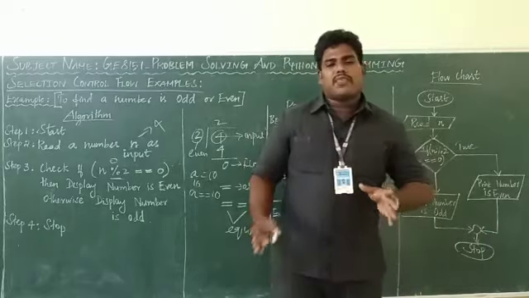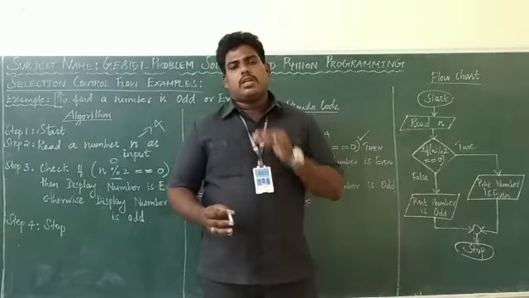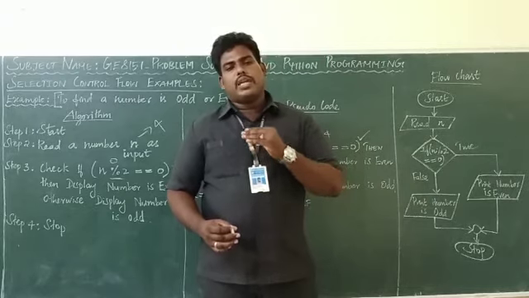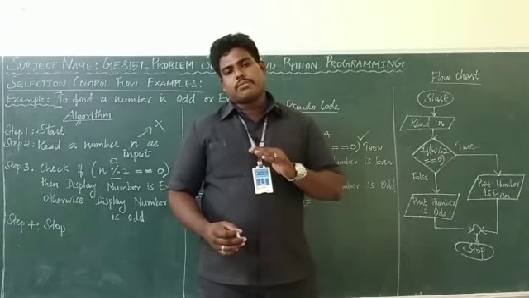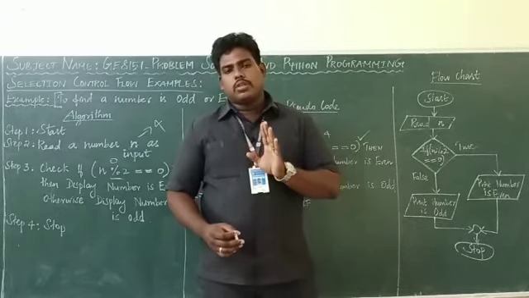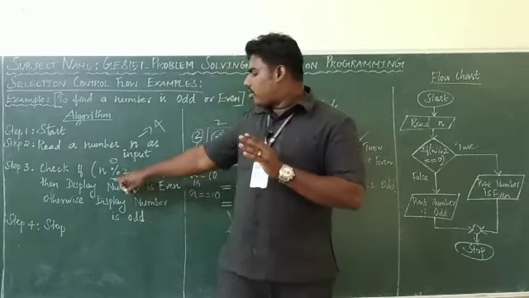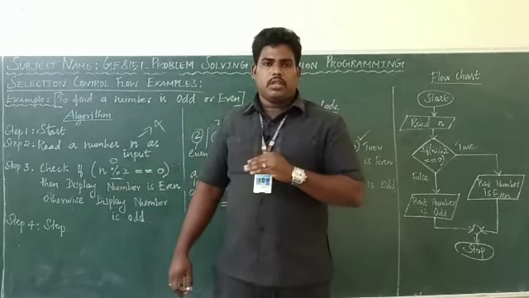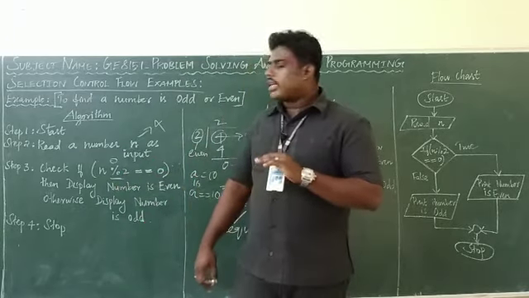So what's the logic here for finding odd and even numbers? Just divide the input, remainder division. Just do the division and check whether the remainder is equal to 0. For finding the remainder only, we are using this percentage symbol, the remainder division symbol. I hope you understand this concept.